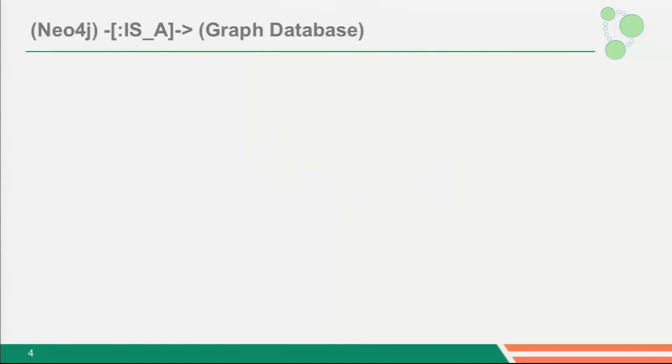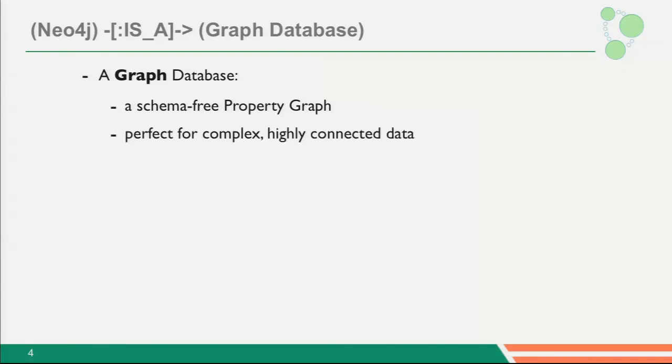Then really quickly, specifically about Neo4j as a graph database. Up until this point, I've talked just generally about graph databases before we dive into Spring Data Neo4j and how you use Neo4j from a Spring environment. We said that Neo4j is a graph database. That should come as no surprise at this point. Graph database consists of two words: graph and database. The graph part means that it uses a data model called the property graph. Remember, nodes, relationships, and properties. And the database part is important because we actually are a database in Neo4j.